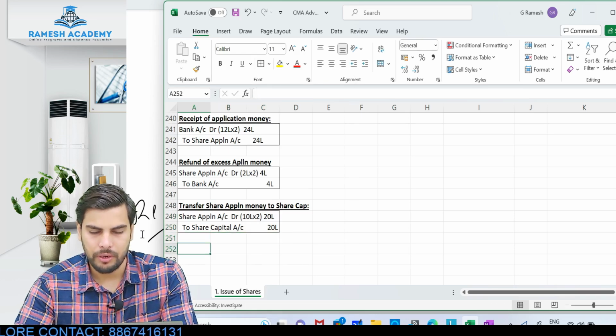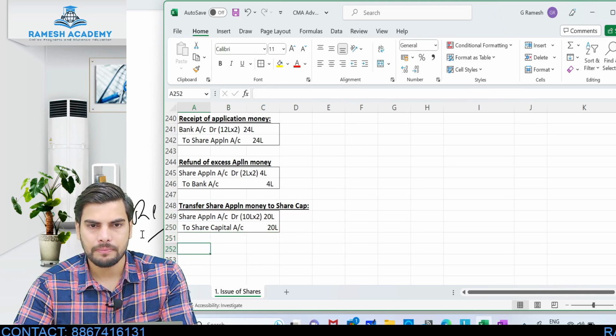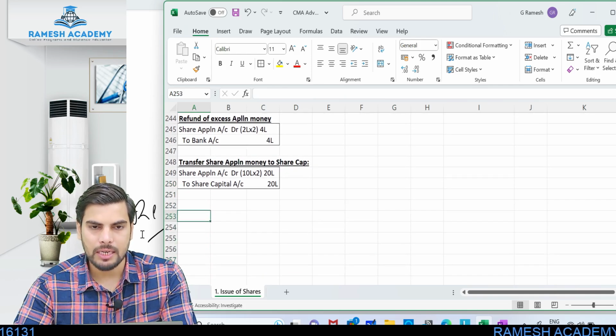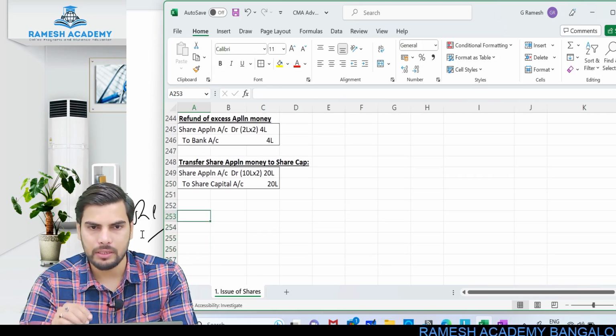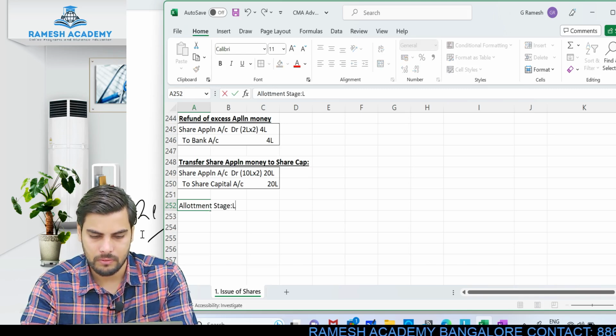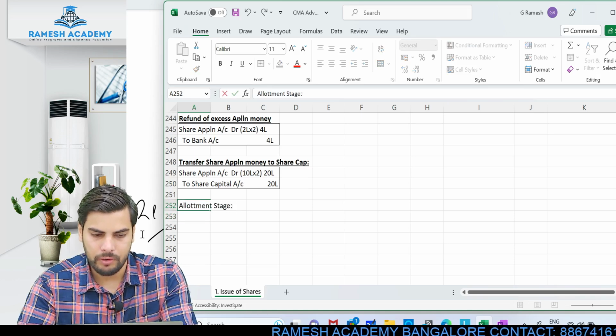This would be the entry. Is this clear? So we are done with passing the journal entries pertaining to application stage. Now from the second stage and then onwards, all you need to do is just pass the due entry first and then the receipt entry. As simple as that. Okay, so allotment stage, we just need to pass the due entry and then the receipt